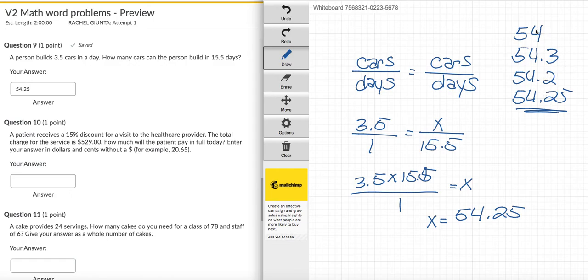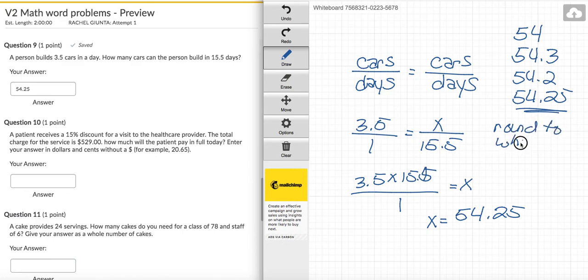Don't read into it like, oh, maybe they wanted me to round, because if they wanted you to round, they should say that. So this would only reasonably be the right answer if it also said round to, say, round